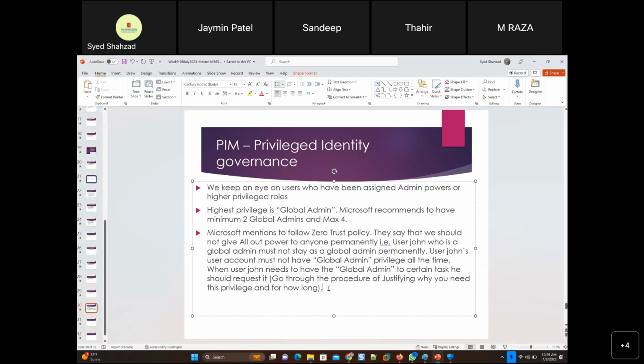So the last is that we can create the user global admin, or a copy, or global admin for limited time. Yes, there should be two global admin accounts, right? Two. So if from one it was suspected that it was hacked, from the other account go inside and try to stop things and try to disable that account, because a global admin account can disable a global admin account, right? Any account lower than global admin cannot disable a global admin account. So yes, that's why Microsoft says minimum two accounts should be there.